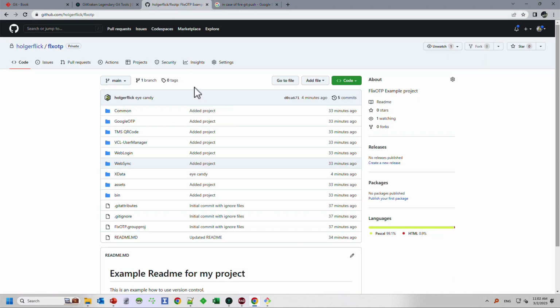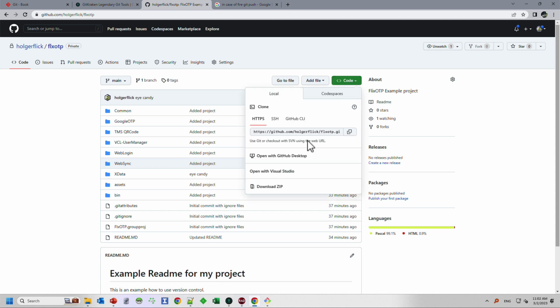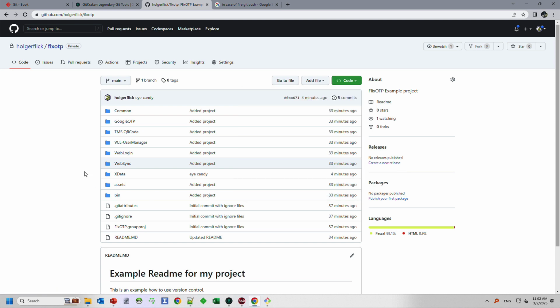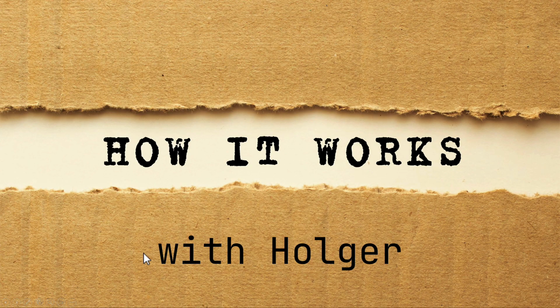If you still need a zip file, and I'm not joking about this, you can still click here on code and you can download your source code as a zip file as is. So if you're scared of leaving it inside of this big versioning system, you can download it as a zip file and copy it in another safe place if you're still concerned that your source isn't as safe as it was before in zip files. That just as a funny aside, that is still there and that is still available.